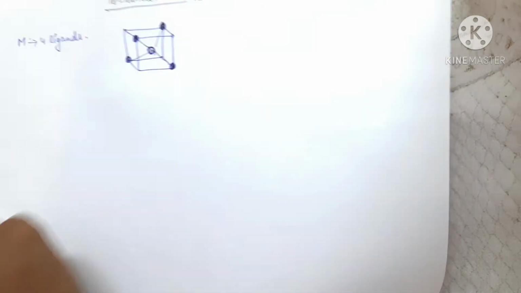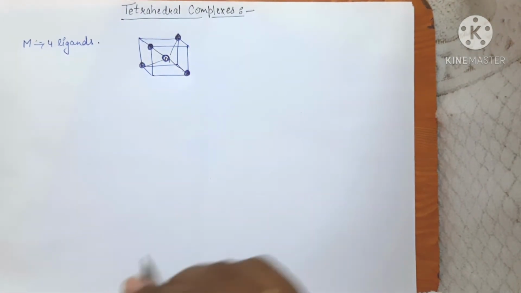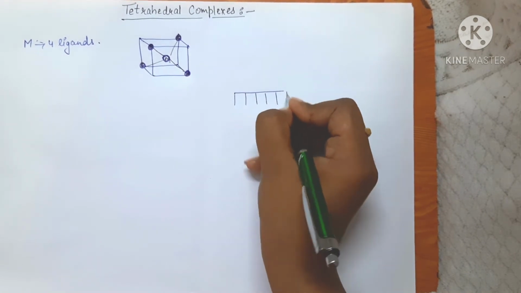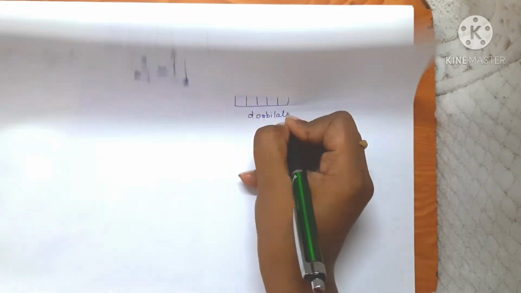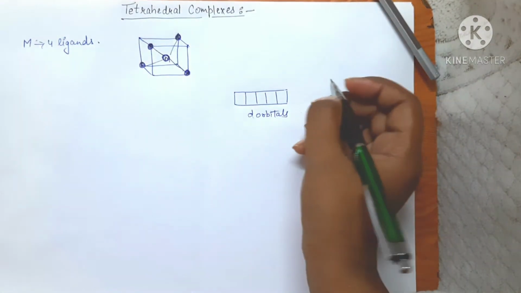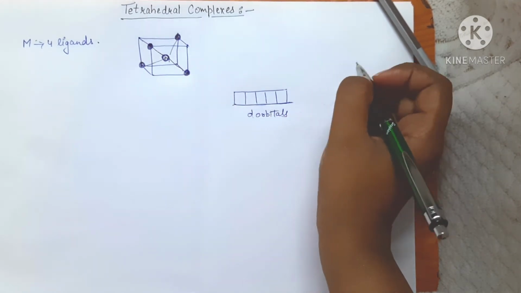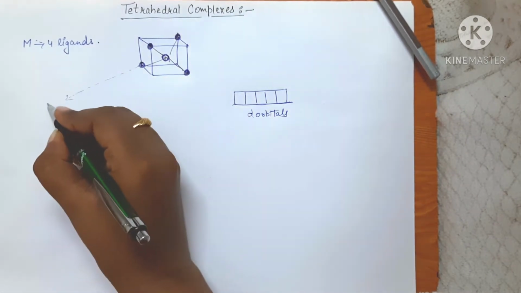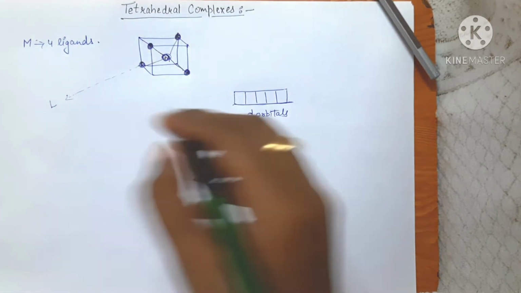So now we will look at the energies of each of them. Just like the previous case, here also the metal has d orbitals, 5 d orbitals, right? These are the d orbitals. Now what is going to happen? See, they will have a certain energy. Now when a ligand starts to approach from infinity, suppose this is one ligand which was initially approaching from infinity towards this metal. So what was happening?